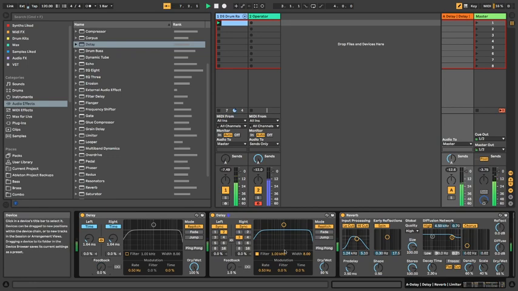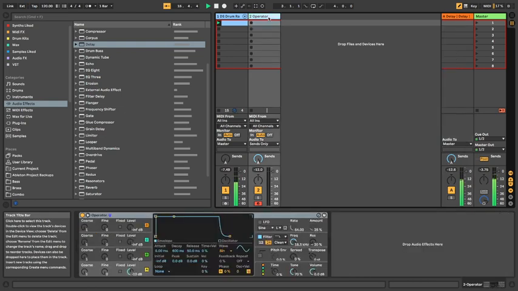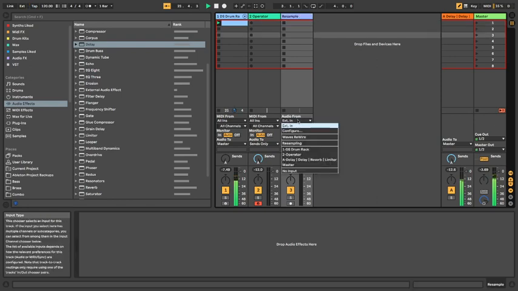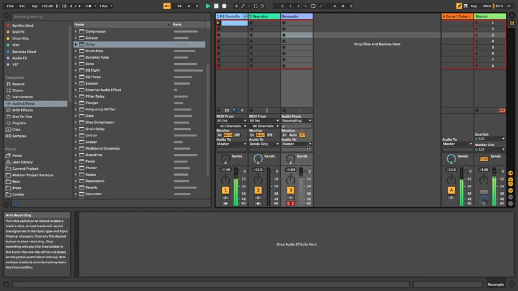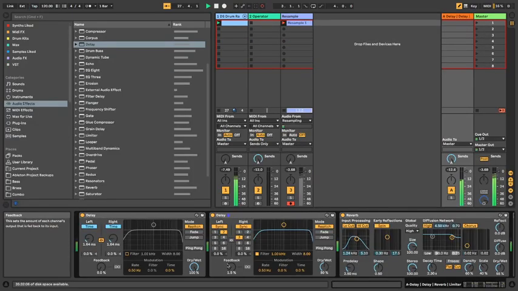Okay. So you get the idea, yeah? And this sounds completely different from this other stuff. Maybe what you might want to do is just record some of this sound, you know? If that's what you want to do, that's grand. Open up an audio track, and then basically what you can do is just resample. Okay, and then if I go audio from, if I activate this now, that's now recording that sound in, and I can go in here now and start